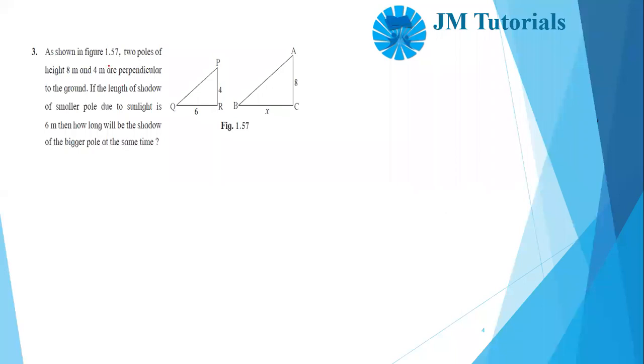So guys, let's look at this question. This is question number 3 from exercise 1.3. Again, chapter is similarity. Okay. So I have two diagrams. Now see, what is given is two poles of height 8 meters and 4 meters are perpendicular to the ground. So if this is the ground,